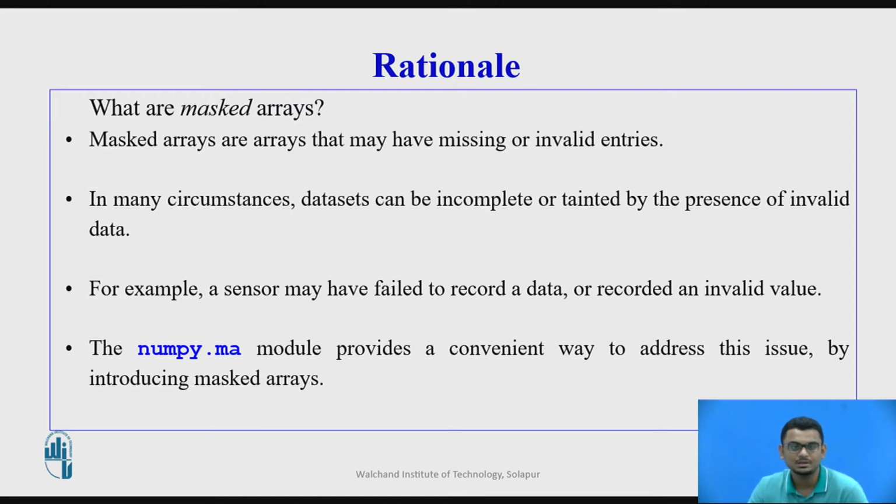For example, a sensor that is reading data for your project may have failed to record a value or might have recorded an invalid value. So the numpy.ma module from the NumPy library provides a convenient way to address this issue by including masked arrays.